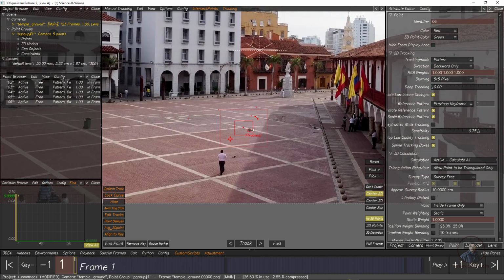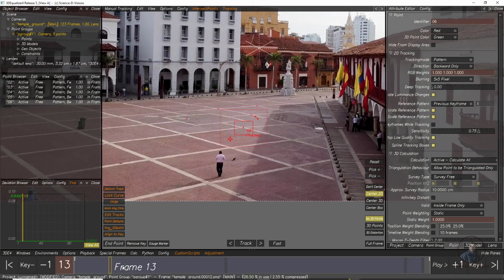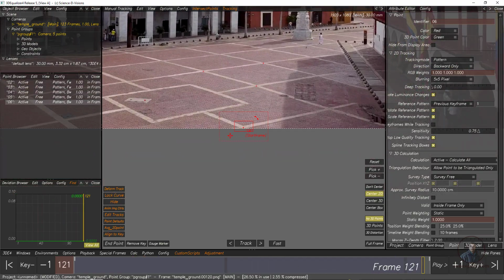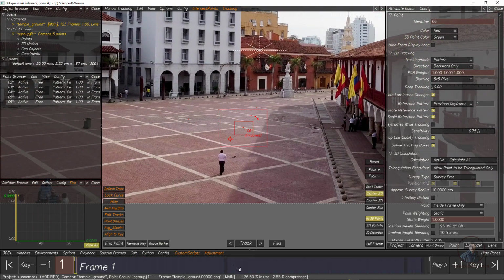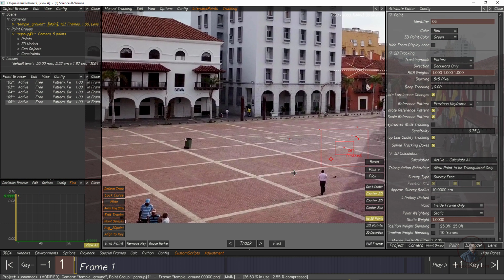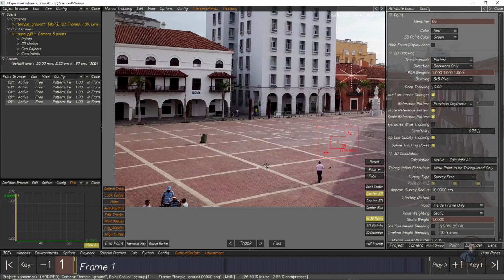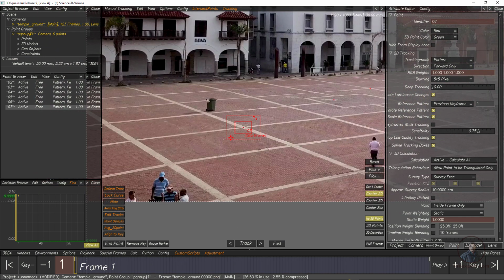So you can see this green indicator. So now you can see here. Like this, you can track your point when you have created your track point in the middle of our timeline. I'm going to track this point here maybe. So hold Control and simply click it here. So adjust this, then track forward again.